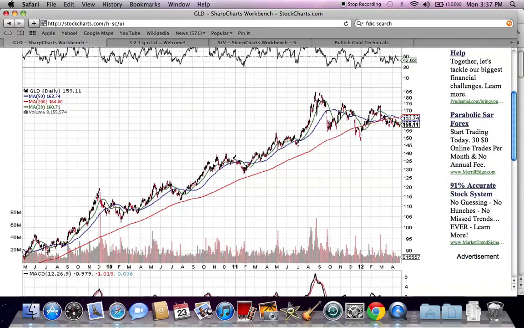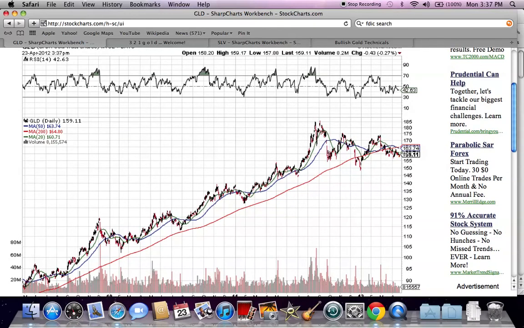So every time gold gets close to its 200-day moving average, it bounces. Honestly, this little area looks kind of ugly, but we are close to the 200-day moving average. I don't like the cross of the 50 under the 200, but I'm still bullish on gold long term. I think that eventually the stock market's going to have a pullback or a sideways consolidation, and when that happens, a lot of people are going to invest their money in gold, which should push it to a new high above $2,000 an ounce. As of now, this is a good time to buy because your risk is pretty low.